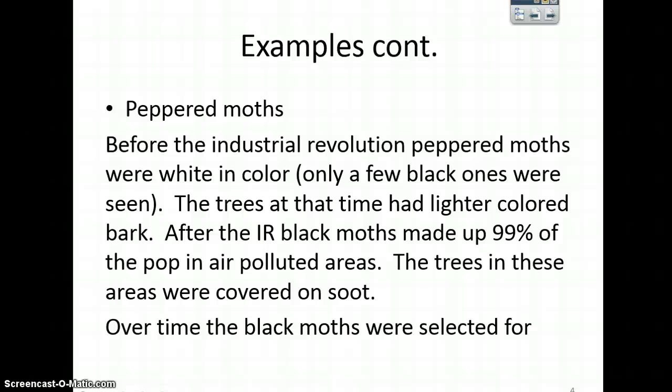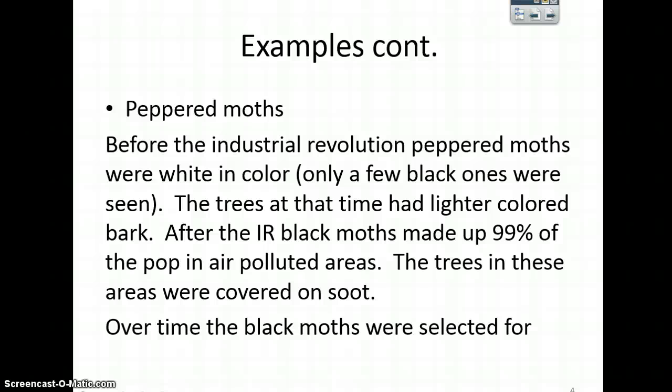Those white moths were now the ones being eaten. They were not the ones having sex and passing on those white genes. The black or darker moths now were able to survive. They're having kids, and they'll have kids that are dark. So we went from a population of white moths to a population of dark moths over time because the environment